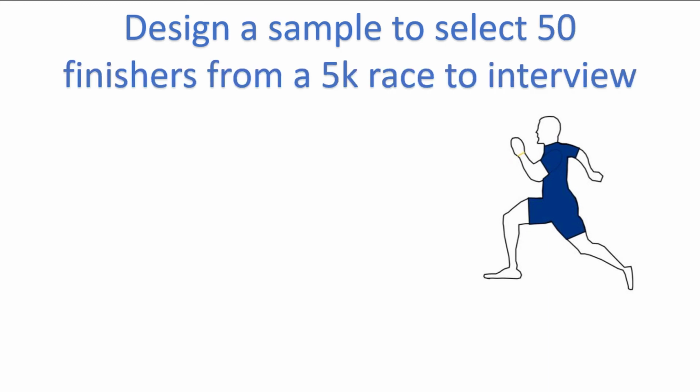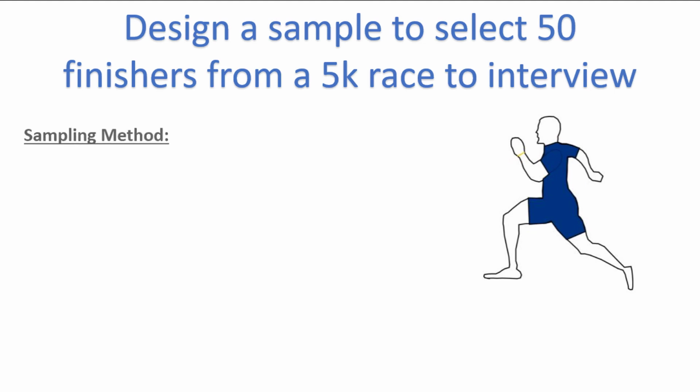We would like to survey the runners to hear about what they thought about the organization and design of the race, and to ask about any possible improvements that could be made for future races. How would you go about selecting the 50 runners to survey? I have come up with 5 possible sampling methods, and we will decide if each method is a simple random, stratified, systematic, cluster, or convenience sample, and if the method chosen is biased in any way.